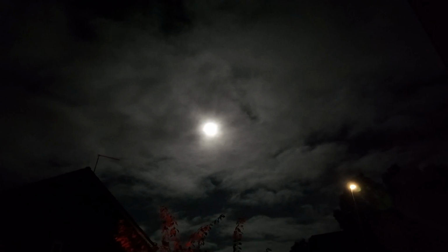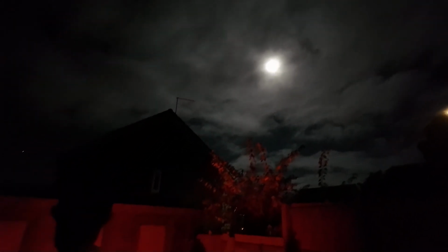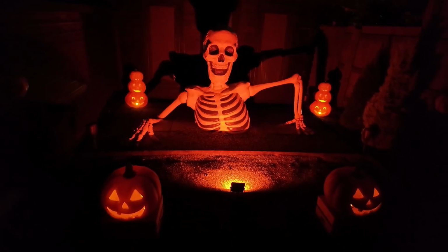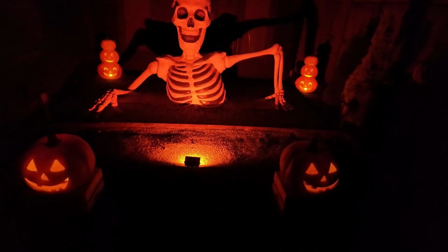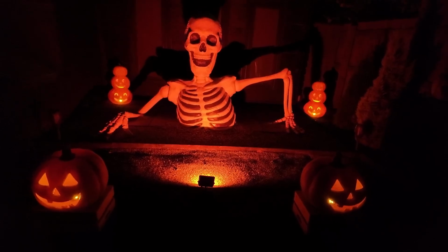Look at that spooky Halloween moon tonight, and it makes it perfect for showing you the Halloween garden just here at night. It looks awesome. I'm really pleased with the lighting. There we go. So all the skeletons lit up, and the 4 little pumpkins down here at the side as well. So yeah, you got the 2 biggest stacks down there at the back, and the smaller ones down here